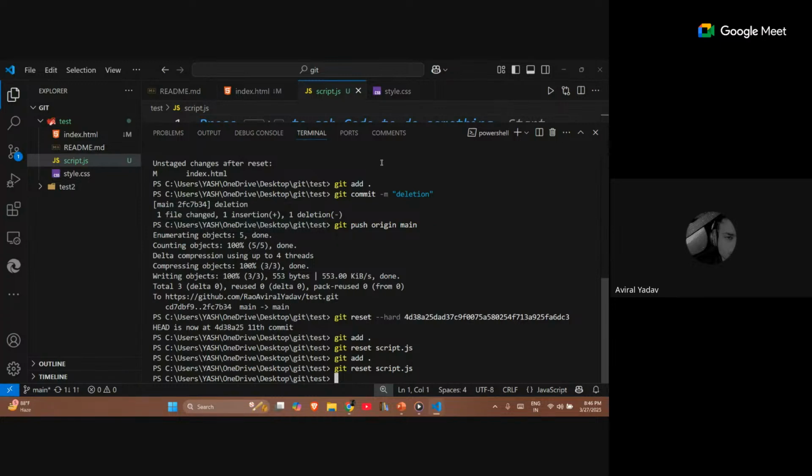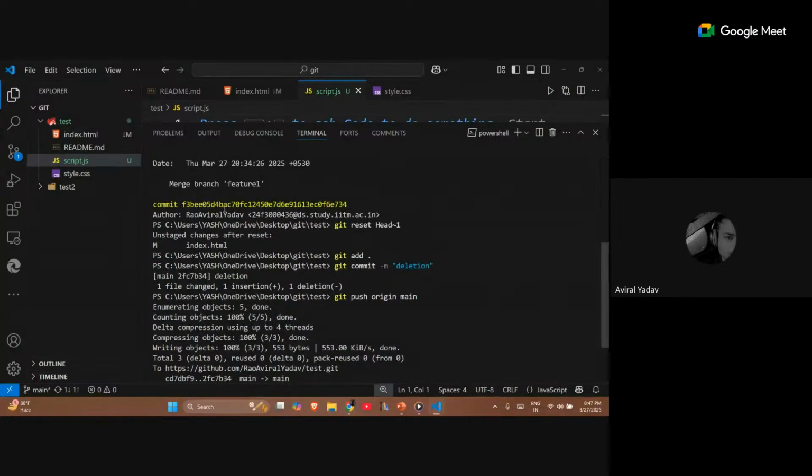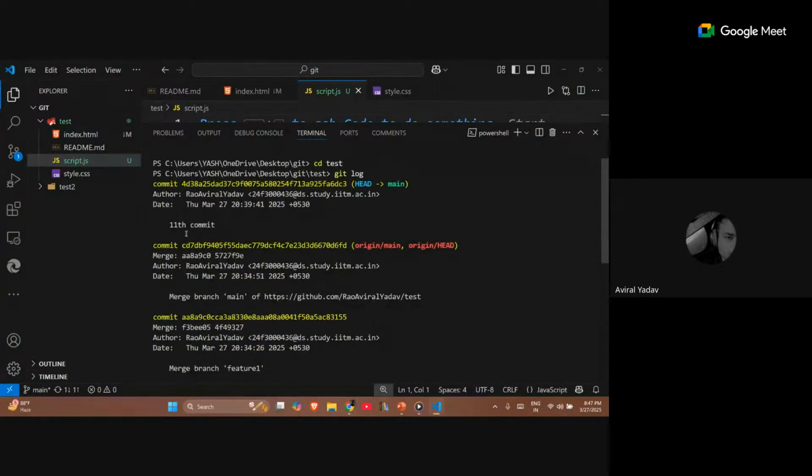As well as I have taught you how to delete a particular commit using git reset --hard and the particular hash. For example, there are multiple hashes. Let's say the 11th commit, and you want to delete the 11th commit, or remove anything that happened till that part.